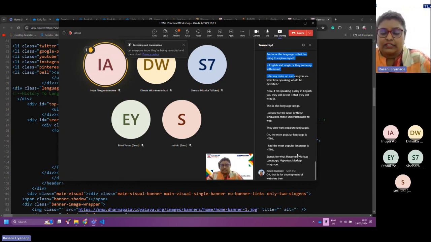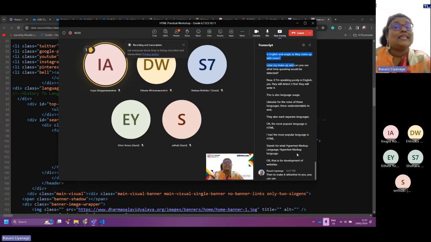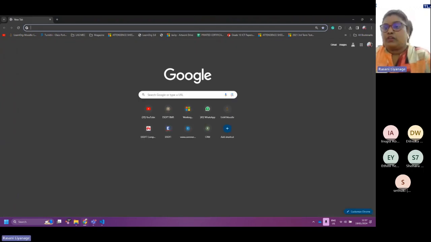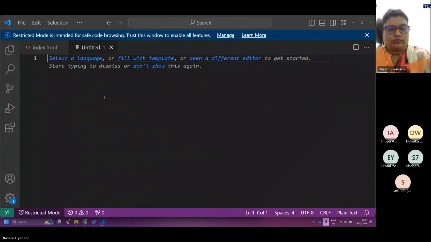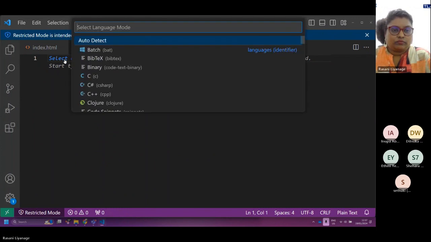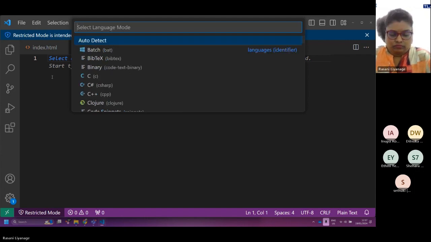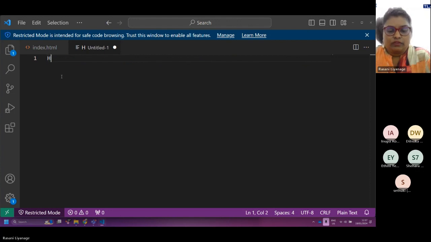Then to make it attractive, you can use CSS, Cascading Style Sheets. I'll write it here. Let's go: first HTML.